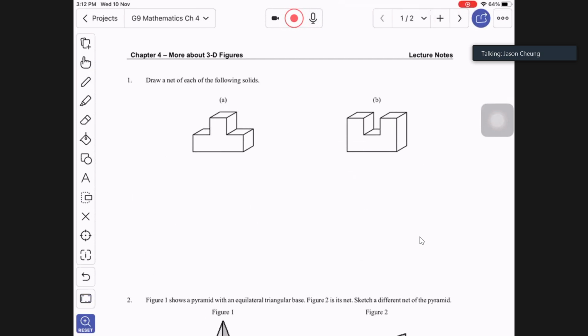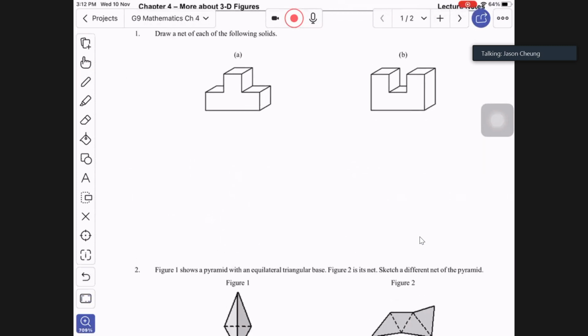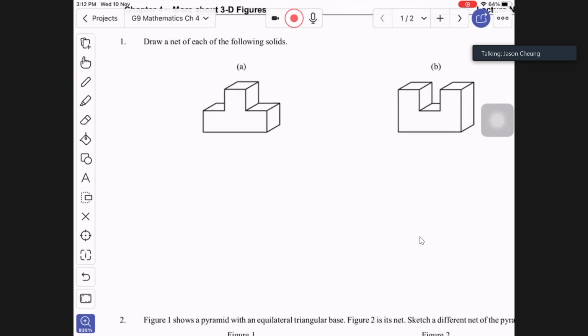Here we are going to do some drawings. Actually, this one you may go back home and do it, but I will try to do the first one with you. For the second one, you may try to do it at home. So for question A here, the net of the solid. If you want to draw a net of a solid, how can we do? Our very first step is like this. We can try to think of it. So first of all,